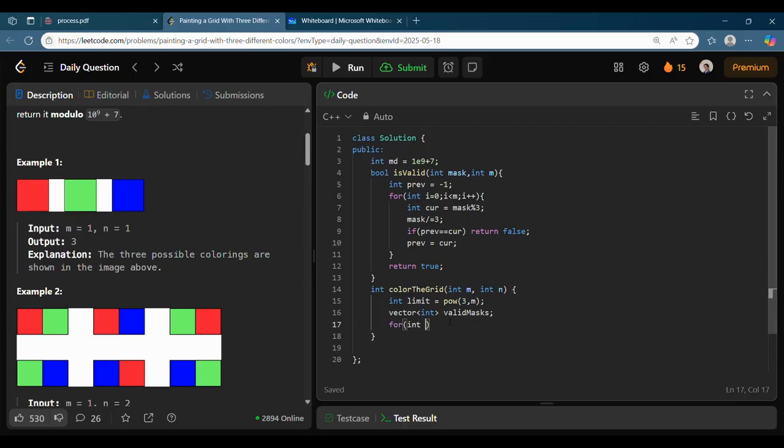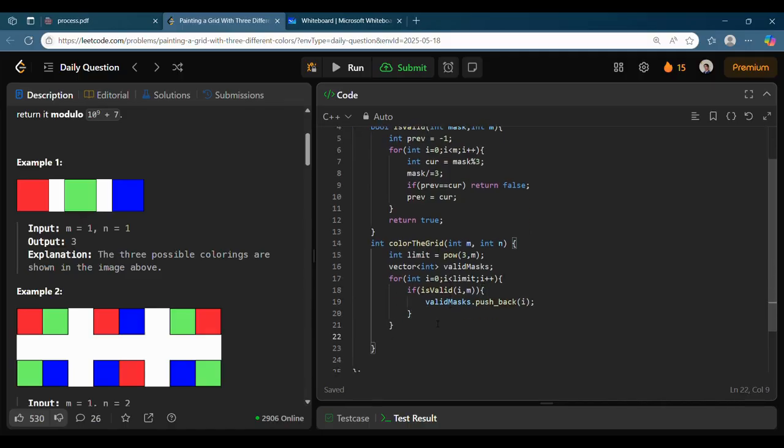So for mask, you start with a mask of all zeros, and this will go up to less than limit. You are trying out all possible masks and seeing which is valid. So if the mask is valid, isValid of mask comma m, then you will insert it with validMasks.push_back(i). You got a valid mask and you have pushed it.